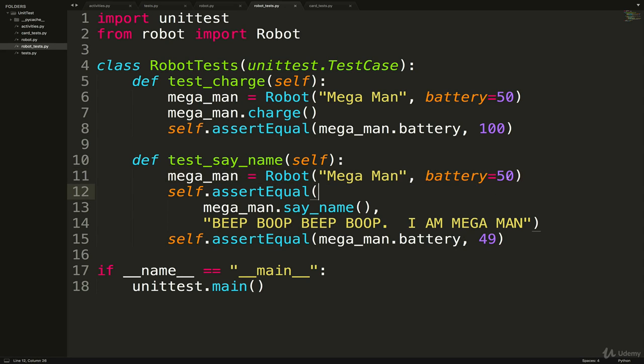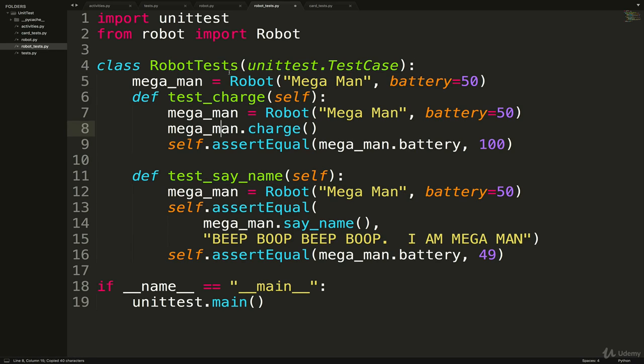And you might be thinking, couldn't I just do this, put Mega Man up here, and all of them would access Mega Man? That is true, that works, but there's a difference, because whatever side effects happen in this code would alter Mega Man, and every other test function we have would be using the exact same copy of this robot. So if we set the battery to 0, then I write another function to test that the battery should be full. If it was already set to 0 in the previous test function, it's still going to be 0. So with setup, it reruns the code every time. It doesn't run it once, it reruns it before every function.